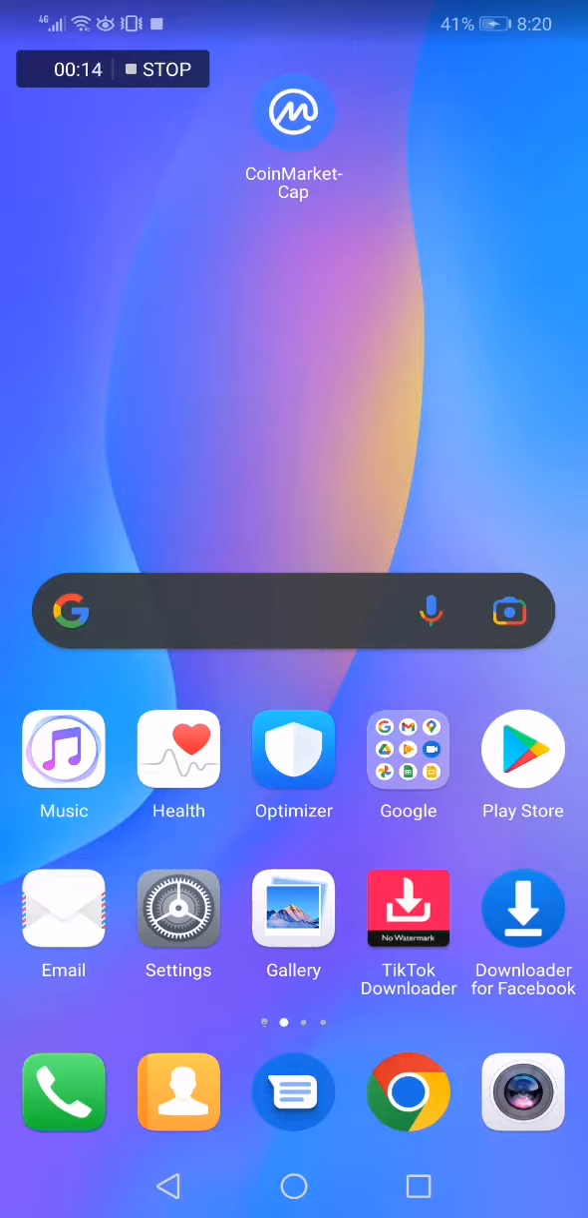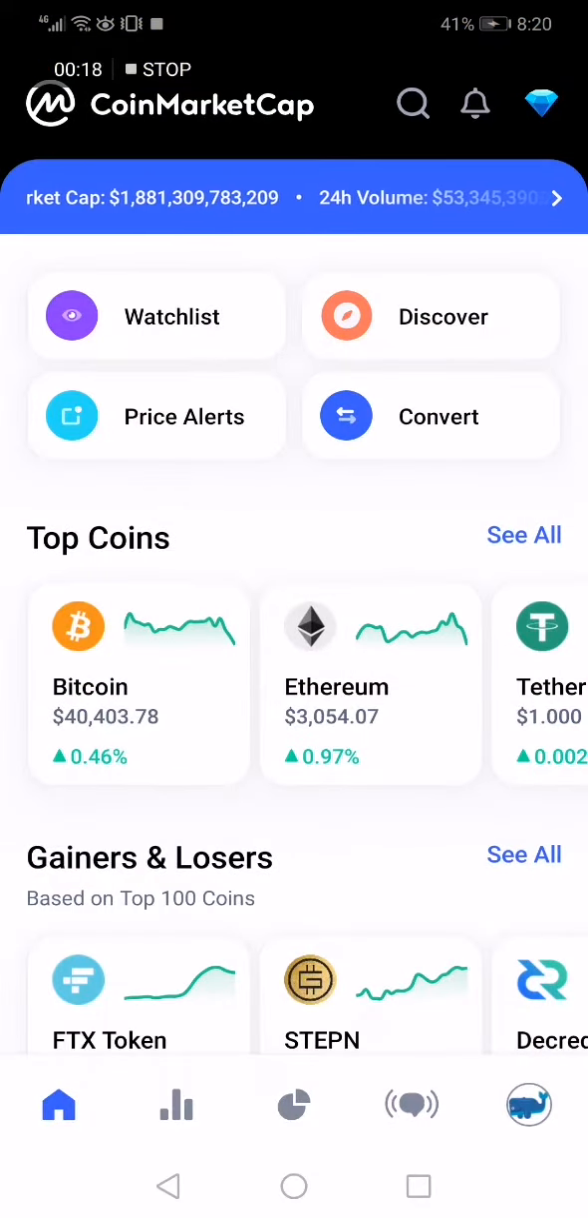So first thing guys, all you have to do is go to the app. This is the home page. As you can see, my language right now is English. And if you want to change it, all I have to do is go down and click on this